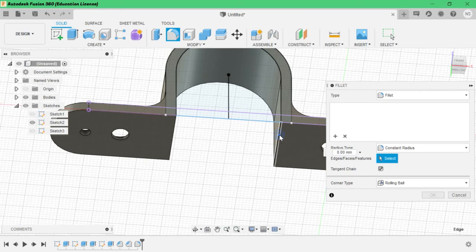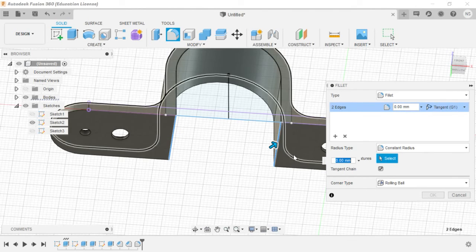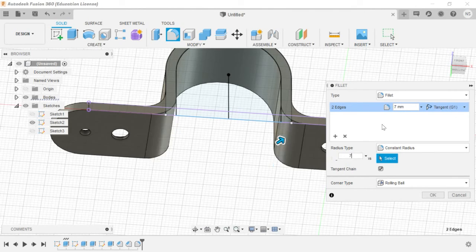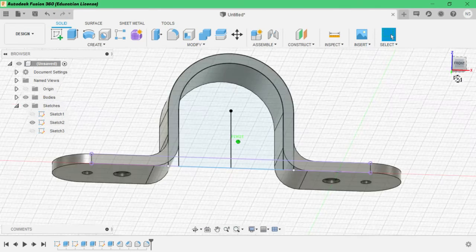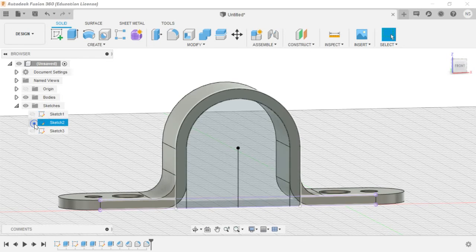I can't select here. Left click, left log, edges, so I can select edges, give again 7, because both will be on the good direction. See how it looks. Uncheck the sketch.